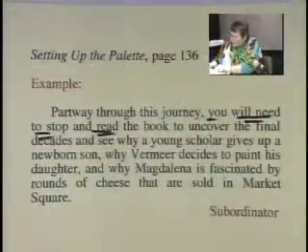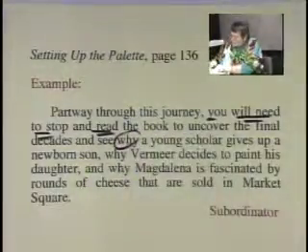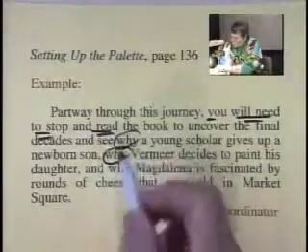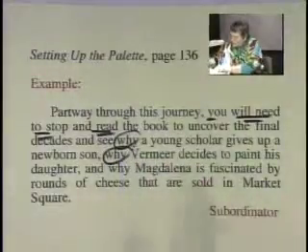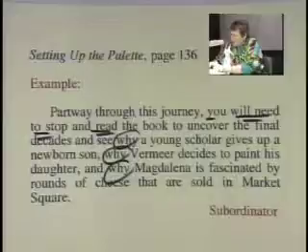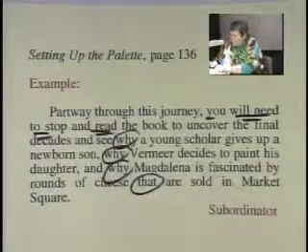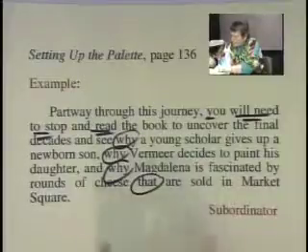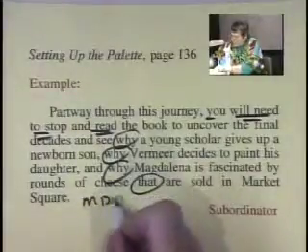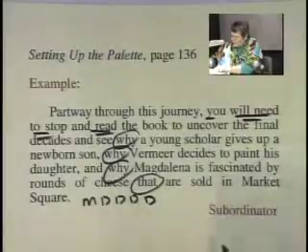the final decades and see why a young scholar gives up a newborn son, why Vermeer decides to paint his daughter, and why Magdalena is fascinated by rounds of cheese that are sold, I think we didn't even talk about that dependent clause, in Market Square. So we had there a main clause, we had 4 dependent clauses, it gave us a complex